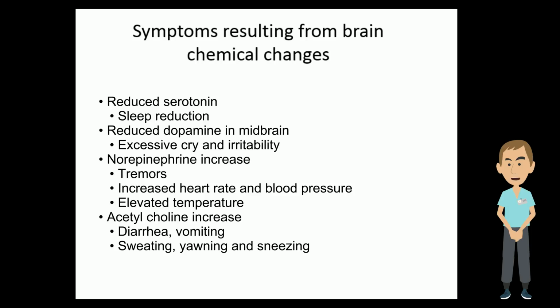Next, we should discuss tremors. Tremors, or norepinephrine release. When mu receptor sites have been chronically stimulated by the presence of opioids, there is an increase in norepinephrine. After the opioid no longer fills the mu receptor after birth, the increased norepinephrine can lead to tremors. This is particularly common during methadone withdrawal. This increase can also lead to increased blood pressure and heart rate, tachycardia. Elevated temperature may also be a sign of increased norepinephrine.